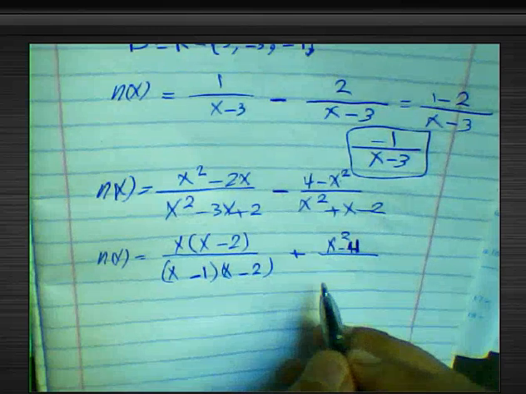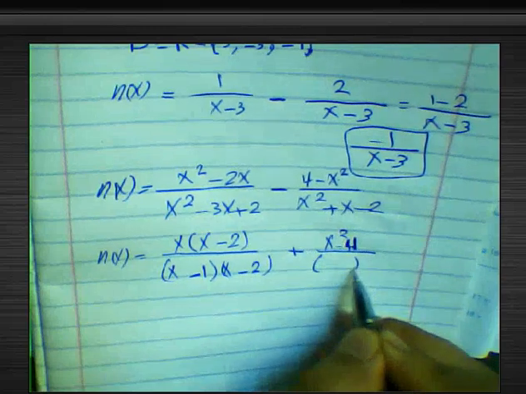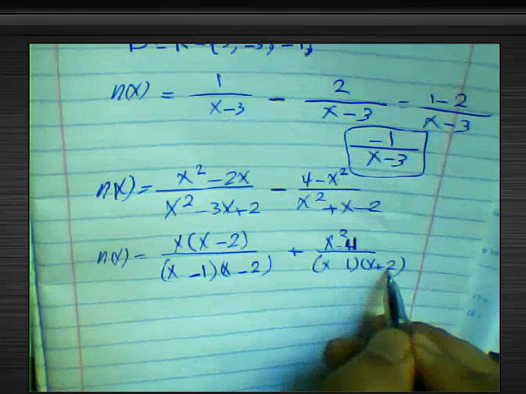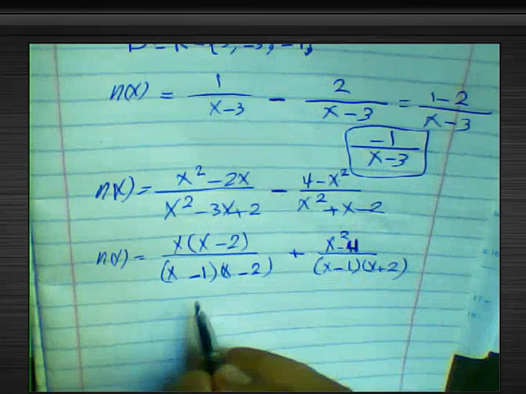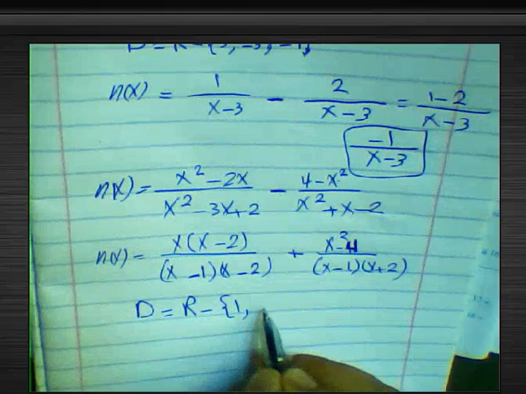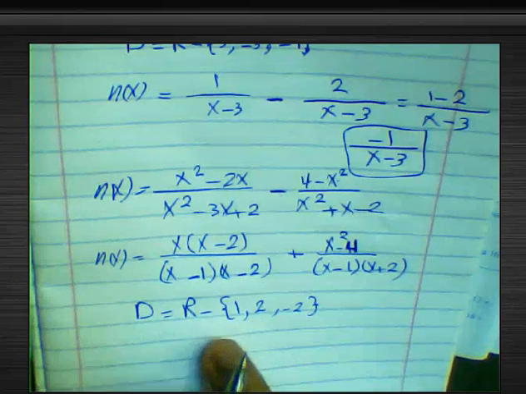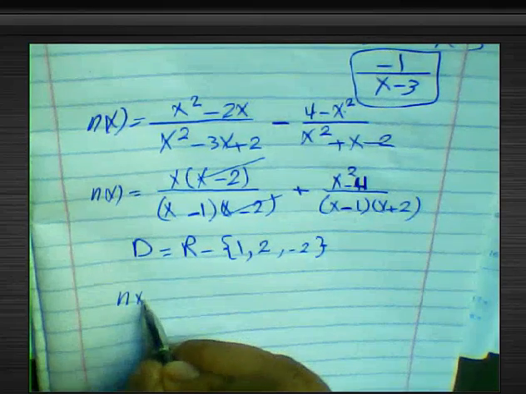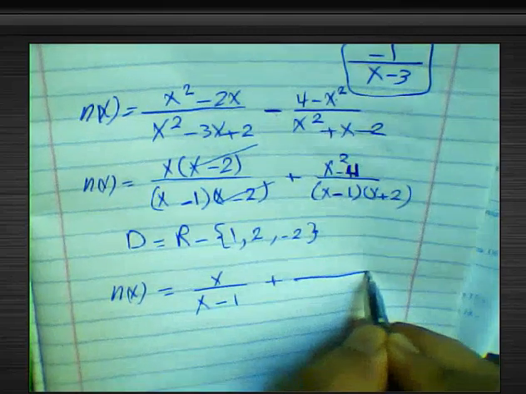And the denominator x power 2 plus x subtract 2, we can factorize it. x, 1 times 2 equals 2. The sign will be positive, such that the sign in the middle term, and write negative here. And we can write the domain of this function: R subtract 1 and 2 and 1 and -2. Don't write 1 again here because we wrote it. Okay, and we can cancel x subtract 2, so n of x equals x over x subtract 1 plus